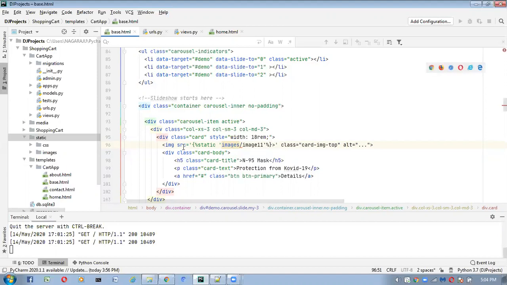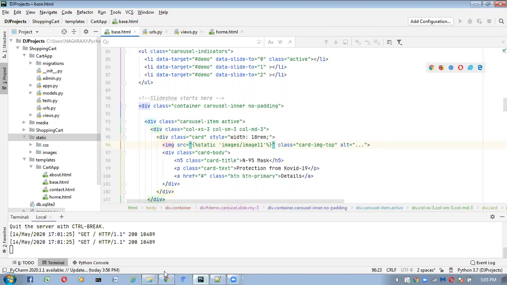Save this one. Percentage static image. Here it's better to take double quotes, you will get more clarity. Okay, so like this I took it here. Save this one.